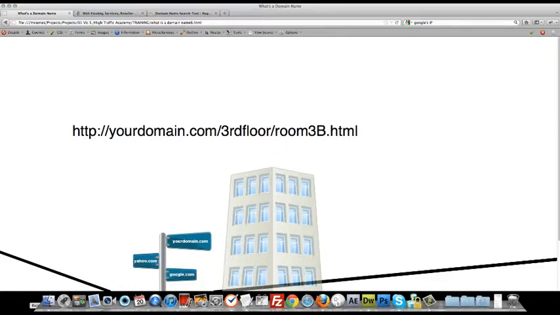So if you want to show people where that place is, you now send them your address as http yourdomainname.com/third floor/room3b.html. Okay, so they have that specific location. So that's what a URL is, uniform resource locator. All right, so that's a quick rundown of what is a domain name and what is a URL, just to differentiate.